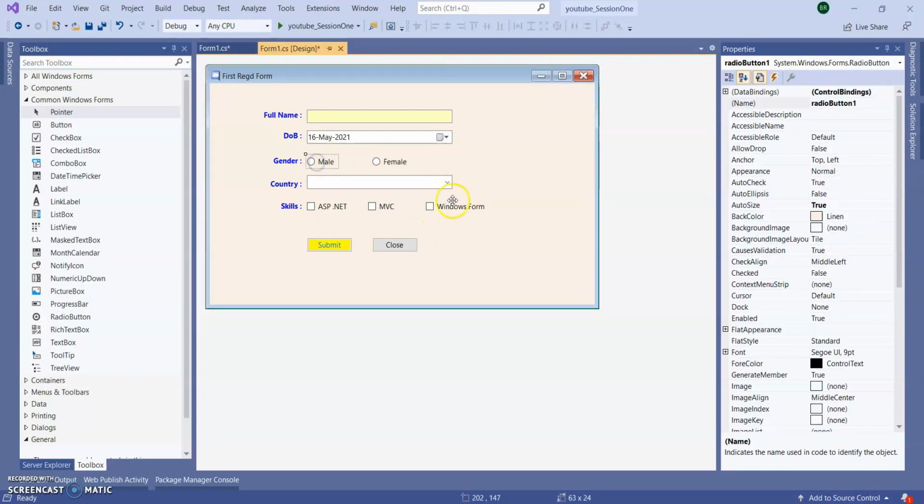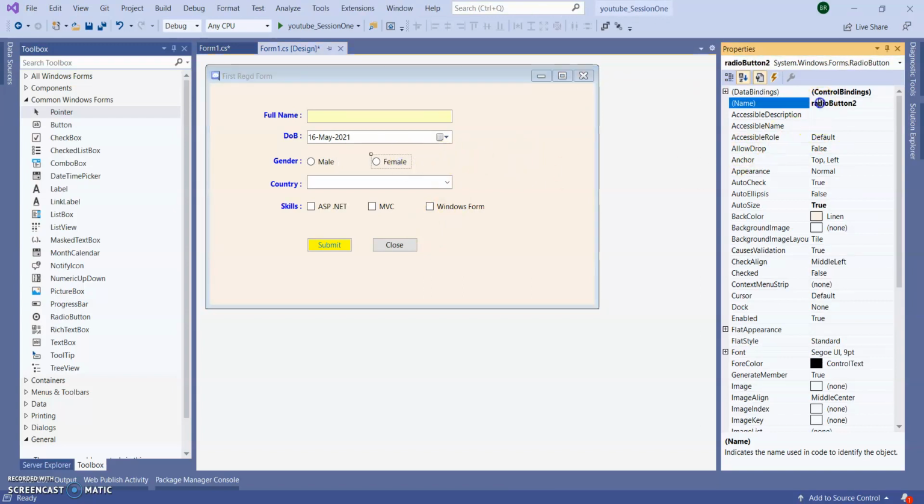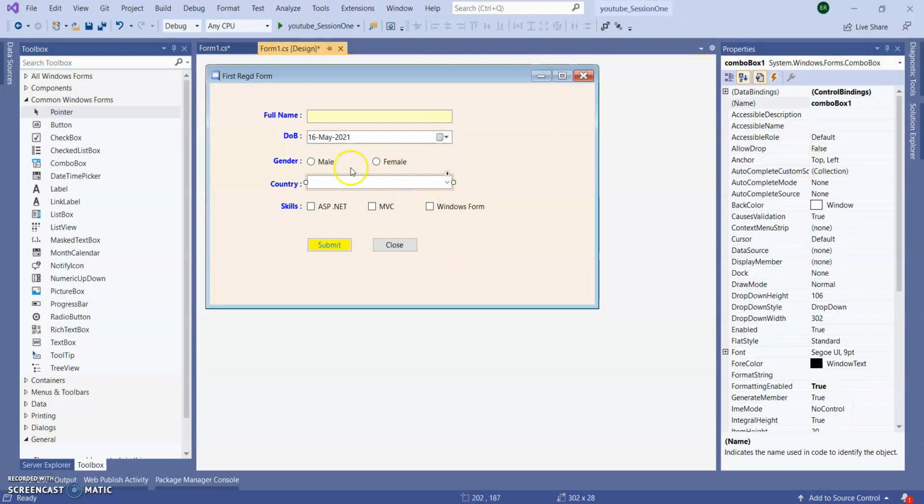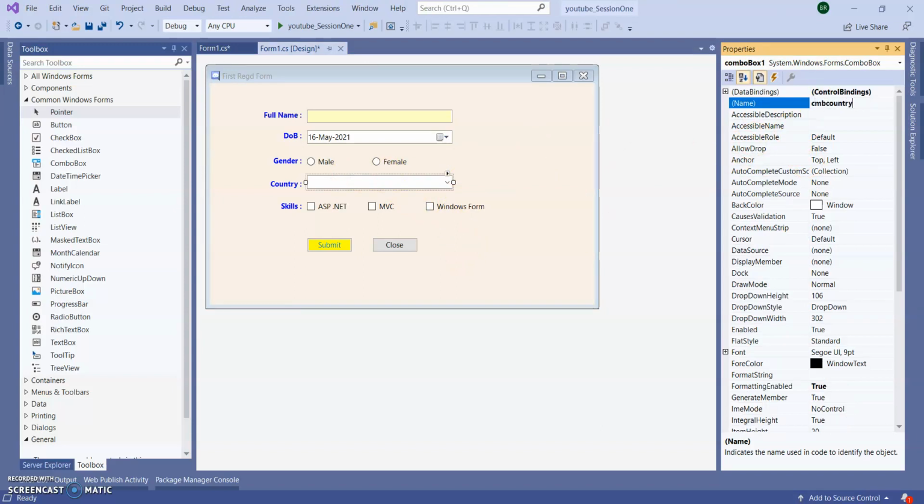For this radio button, I'm giving rd male. For this country combo box, I'm giving cmb country.